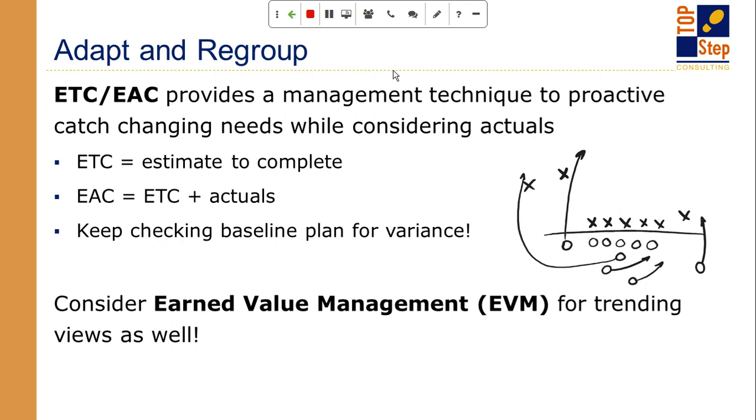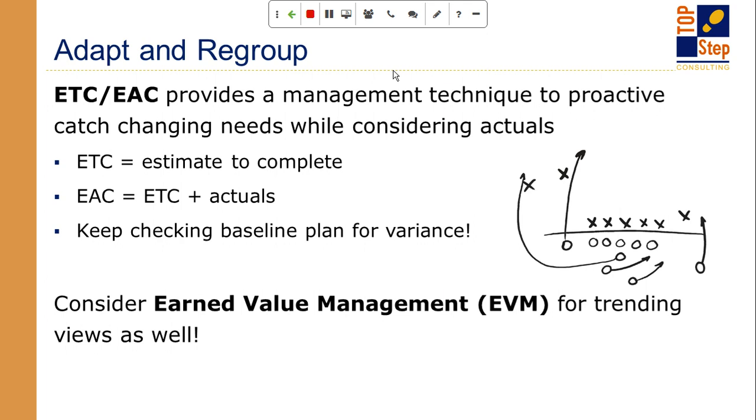Now, another twist to the ETC EAC is earned value management. We did a webinar on that a couple months ago, or last month. Earned value management is a whole other metric that gives you a schedule index and cost performance index to let you know whether you're burning hot or burning cold, ahead of schedule or behind schedule. And that all has some algorithms behind it to let you know, based on the trending of where you're going against your original plan or baseline, are you veering off track?